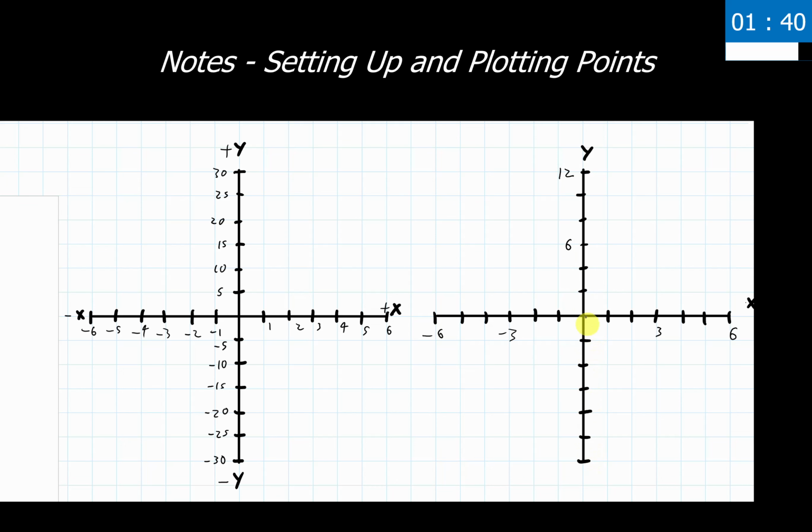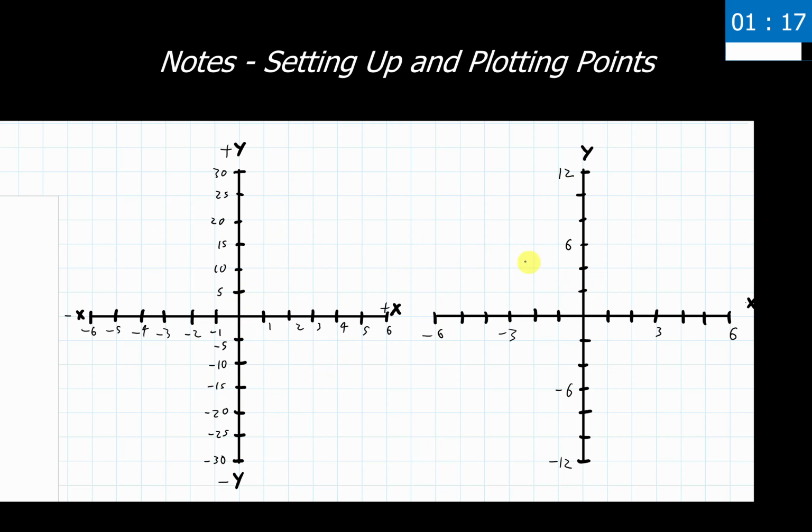Same thing in the negative direction, -2, -4, -6, -8, -10, -12. And there we go. We can see here I still have my positive and negative directions defined, and I have my axes scaled accordingly. I just have it a little less busy along each of these axes compared to my first one that I have here.